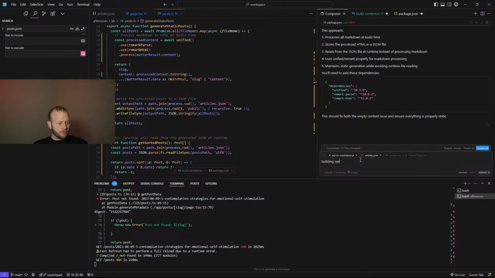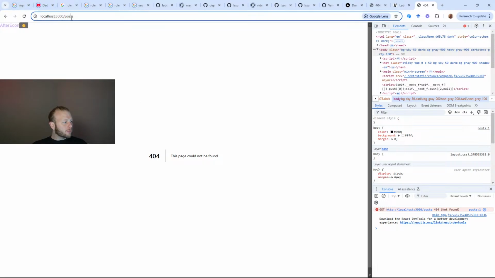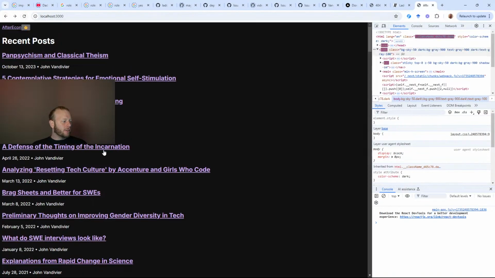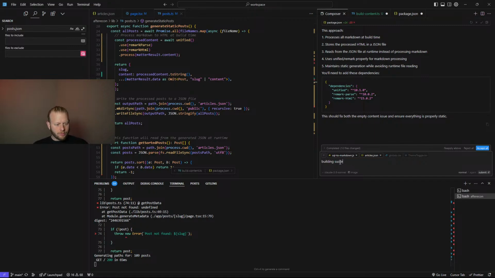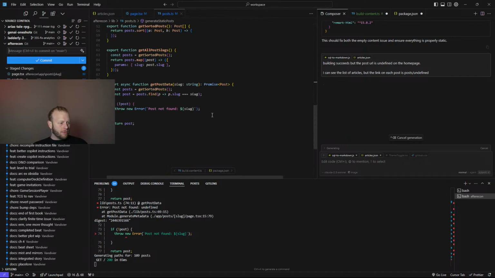The URL is undefined. Let me make sure I stage those changes, because it might unintentionally revert my fix otherwise.